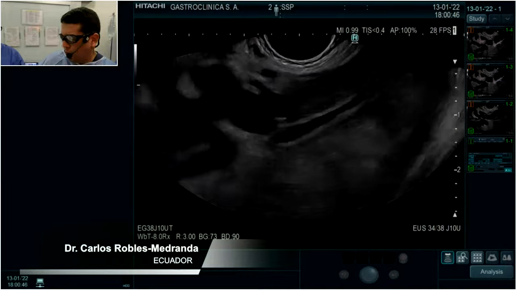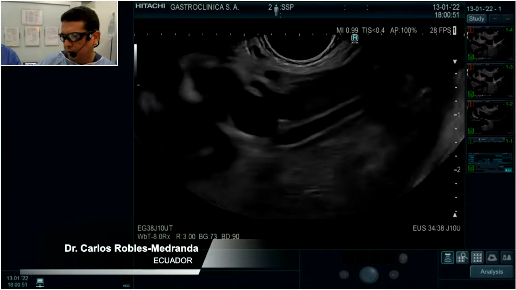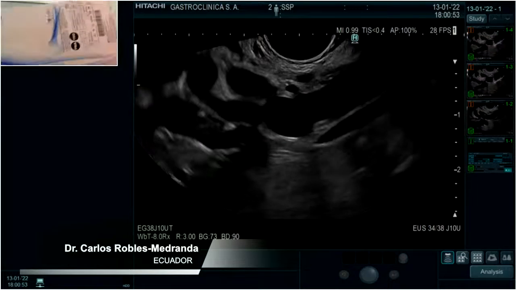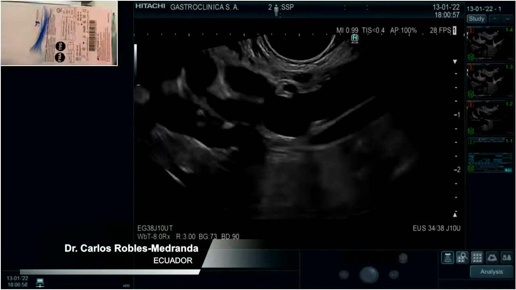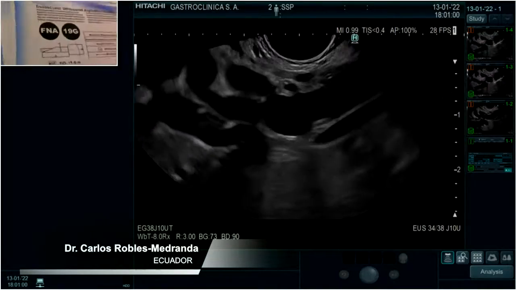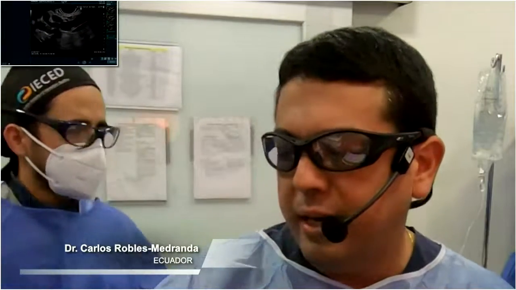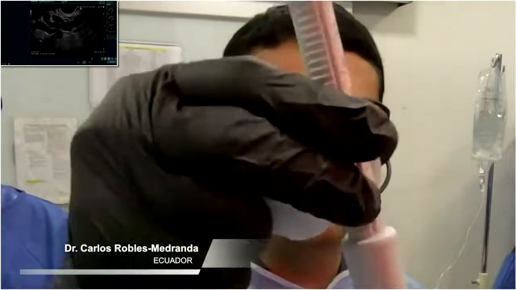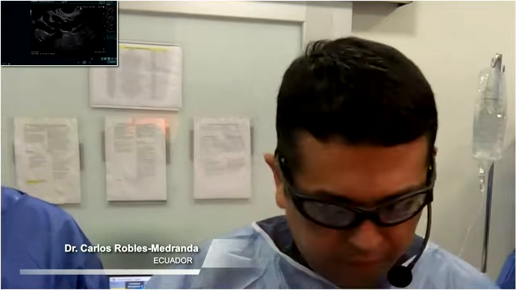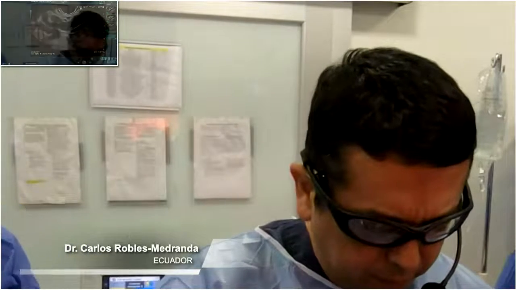So now I will do my first approach using a new endoscopic ultrasound needle. This is the Microtech needle, a 19-gauge needle. This is a very new needle, very good. I really like it, and I like overall the design and the ease of use, the design of the handle. That is very good, and also the distal part of the needle is very good, so we can see very well